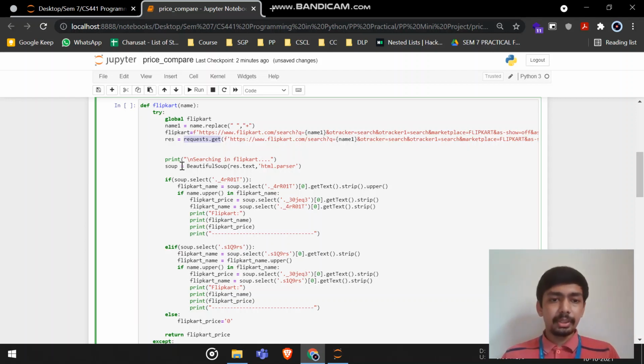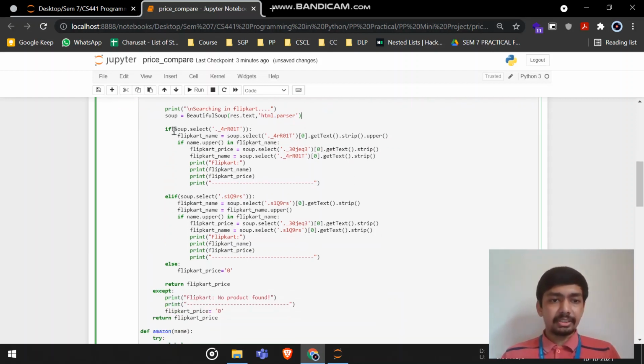Then I have created one soup variable which uses the Beautiful Soup function. I have mentioned the HTML parser here, which is used to parse the source code of the website. Next, the soup variable is used to select the title or any data from the website source code.